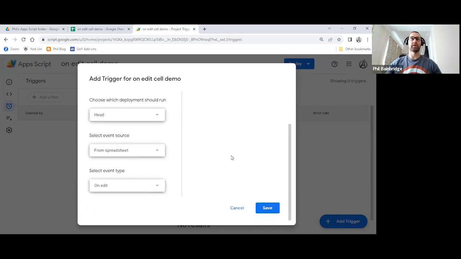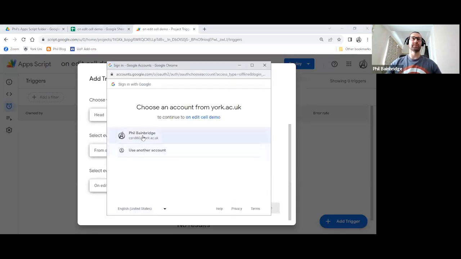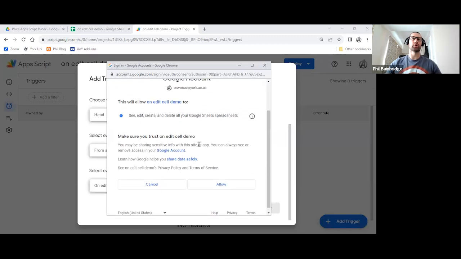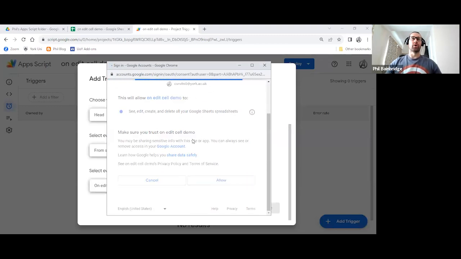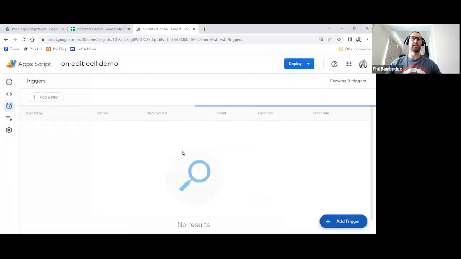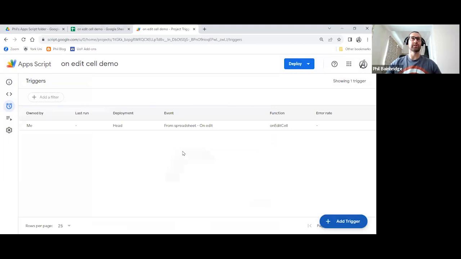So once you're happy with that, if you scroll down and click the Save button at the bottom right, this is now going to ask us to authorize the script, and it's going to ask us about the Google account against which we want this code to run. So all of the code at this point in time will run as the Google account that we specify here, regardless of who is actually doing the editing in the Google Sheet. So this is what it looks like at the moment. There's no last run date because it hasn't fired yet. We haven't got any errors at the moment because it hasn't done anything as such.